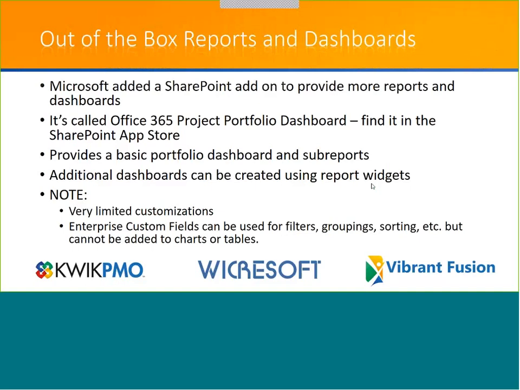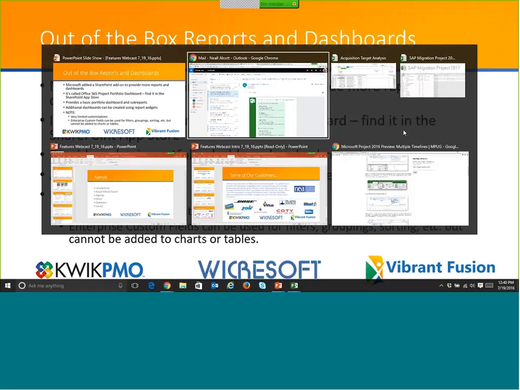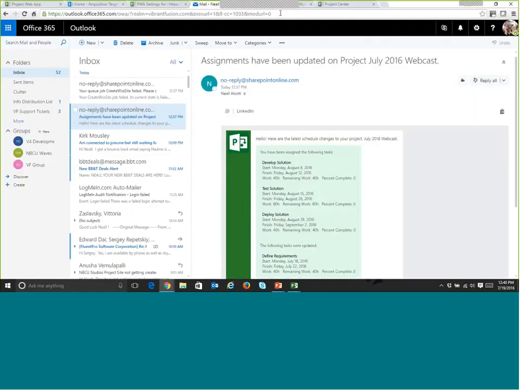And they don't give you the ability to customize that app. So in a case like that, you probably still have to go back to a partner, or if you have one of your report writers, to create the custom report that you're going to need. But still, it's a lot more functionality you're going to get out of the box. So if I go back to here,